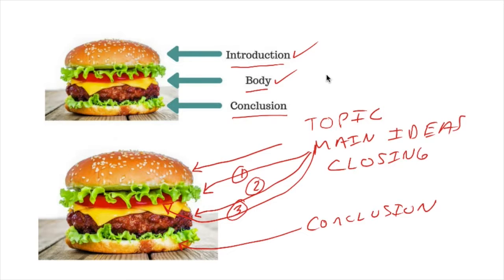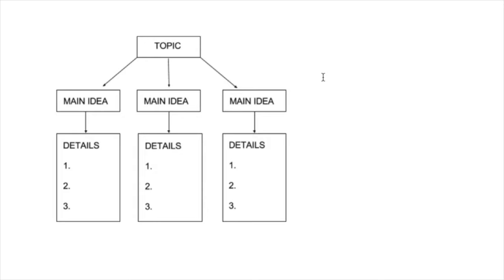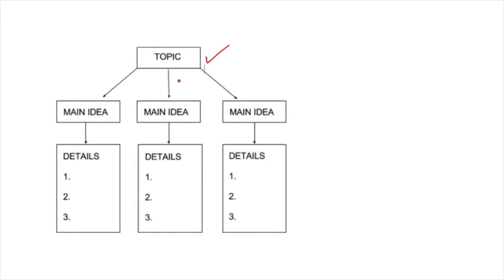All right, let's break down these topics a little bit further. Here you can see a nice graphic organizer. We have the topic on top. All right, then we have our main ideas. Let's say our topic is math and why we like it. Well, maybe one of our main ideas is that it's going to be useful for your entire life. All right, that's one of our main ideas. Another main idea is that we'd like to have solid answers, right? 2 plus 2 is 4. There's no ifs, ands, or buts. It's 4. And then the final one is you get to deal with money. Those are our 3 main ideas.